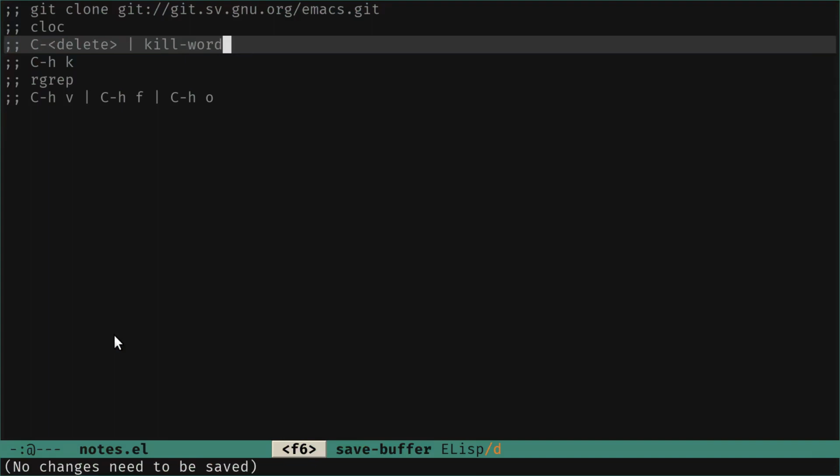Another way, maybe this one is more practical, is that you start with one command or one key binding that does a behavior that you want to change a little bit.